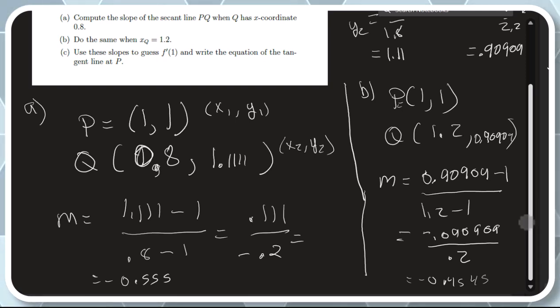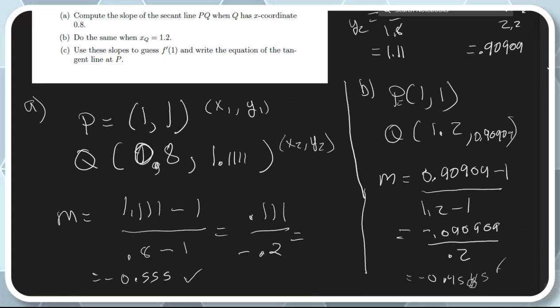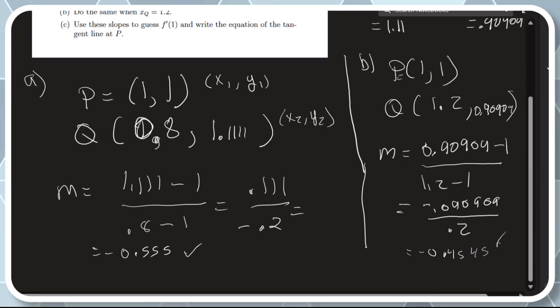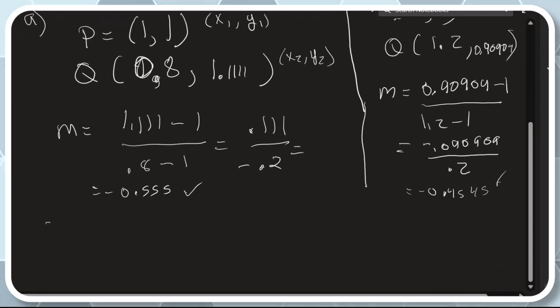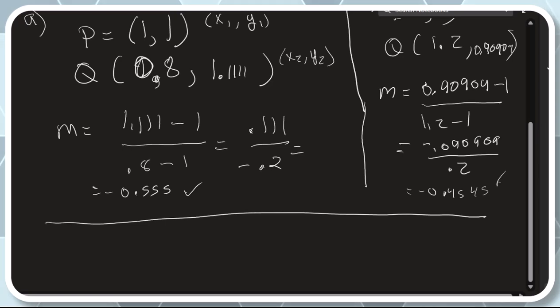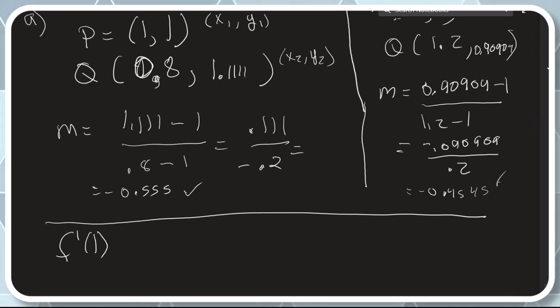Alright, so this is the answer for part A, this is the answer for part B. Make sure those are the right answers. I cannot be trusted with doing calculations. Yep, okay, that's right. So now it says use these slopes to guess f prime of 1. So that was a mistake. What I wanted to ask is use these to estimate